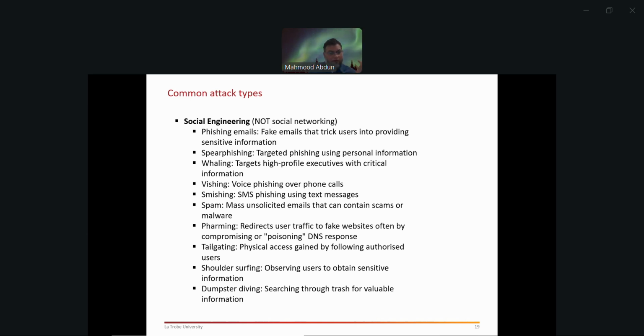Spam and pharming, I already talked about those things, really. Shoulder surfing and dumpster diving are basically from the old days when people used to work with papers. They used to do paper shredding or just dump the whole thing, and you can always collect from the recycling and see what's going on. There are even sophisticated AI algorithms that can be trained to align shredded pieces of paper.